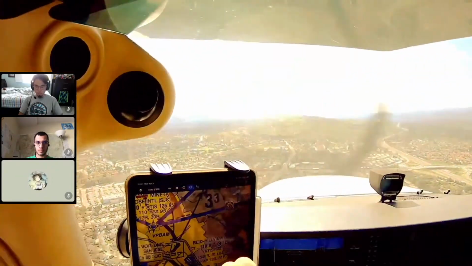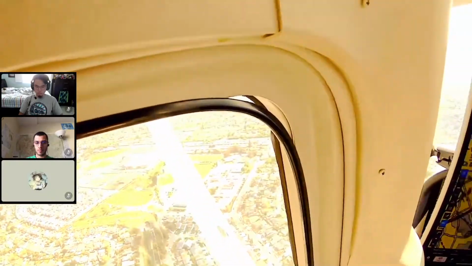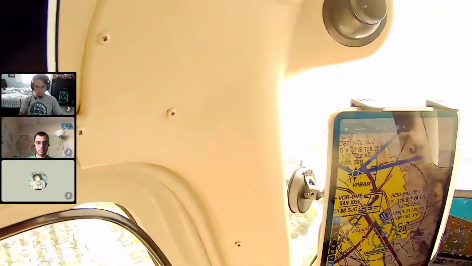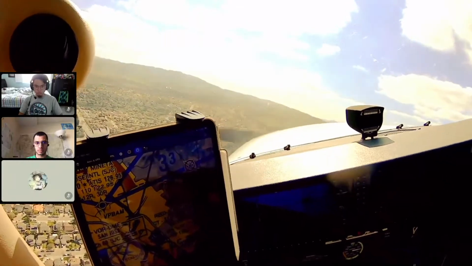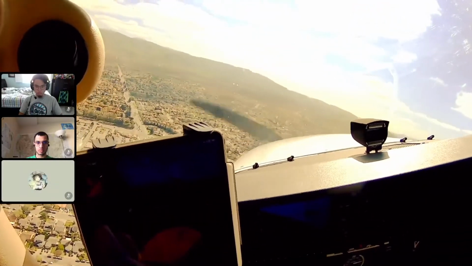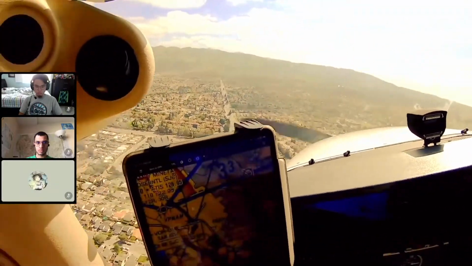Whenever you feel comfortable, you can start turning base. I'm going to turn base now. My left wing is cleared. And keep your descent down at